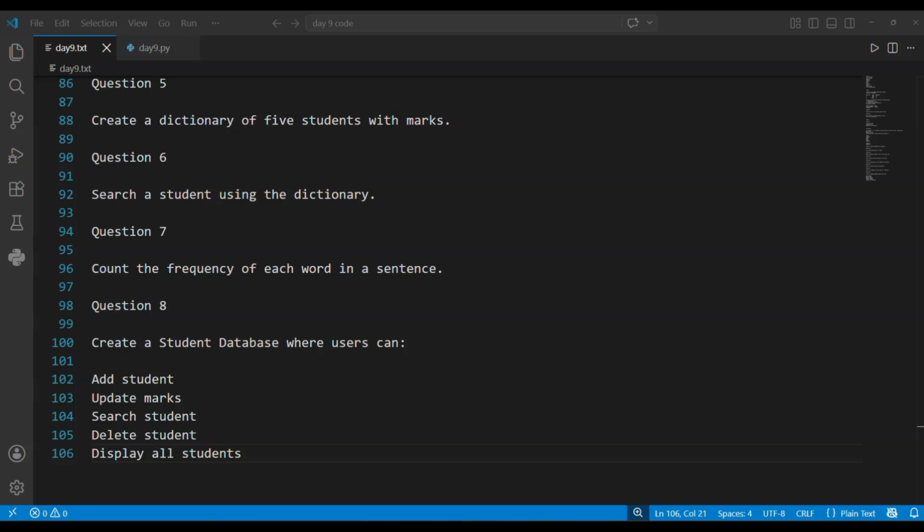In day 10, we will move to one of the most exciting topics in Python, file handling. You will learn how to create files, read data, write data, append content, work with CSV files, and build real